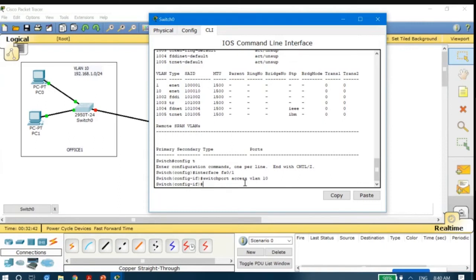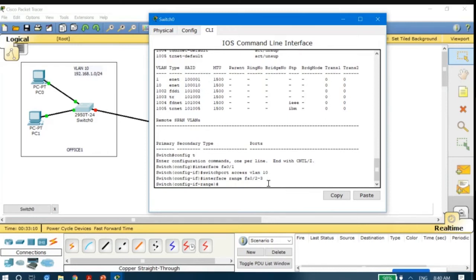If you want to select more than one port, the command is interface range FA0/2 - 3. Number 2 and number 3 ports are now being selected.